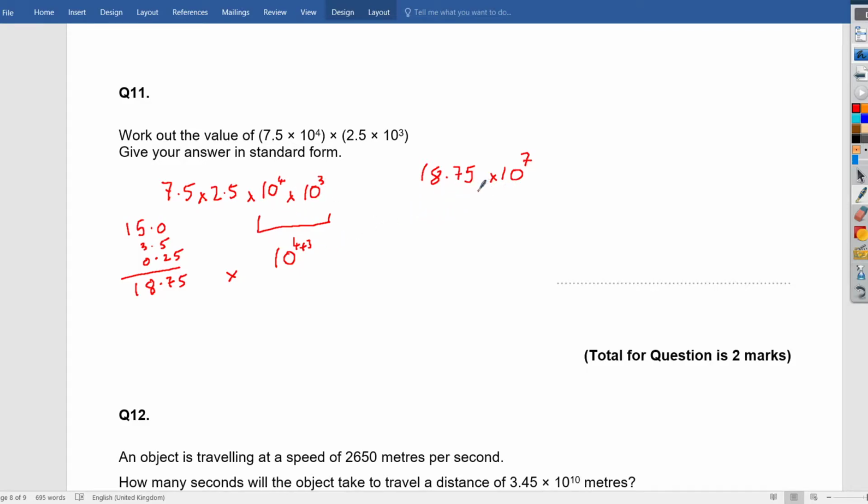Now, you'll get a mark for this, but it's not standard form. Standard form is where this number is between 1 and 10. So we need to put a decimal point. Where should we put it? We've got to put it there. So we've got to make this 10 times smaller. That will be